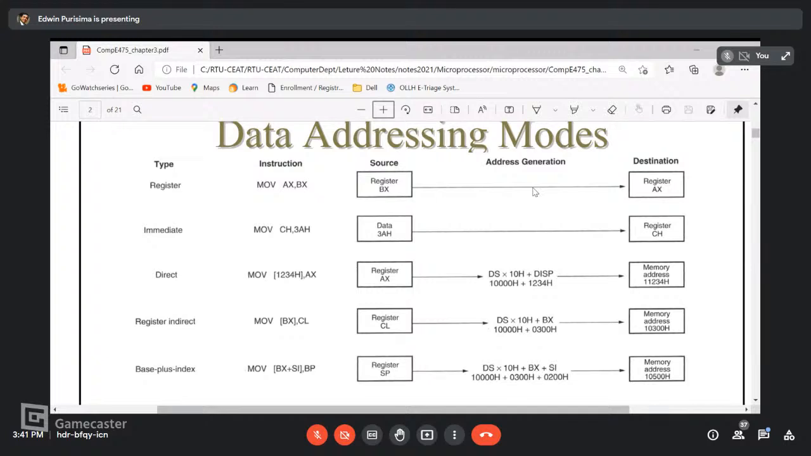Ang 3 is 0, 0, 1, 1. Ang A is 1, 0, 1, 0. Pero pag convert sa hexadecimal, that is simply 3A. Kaya pagdating dito sa source, data na kagad siya. And destination is now your register, CH. Next,